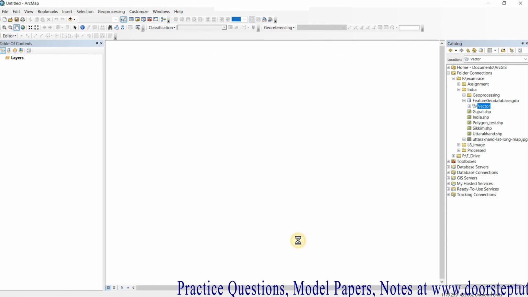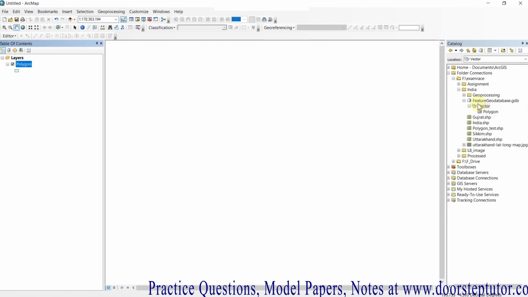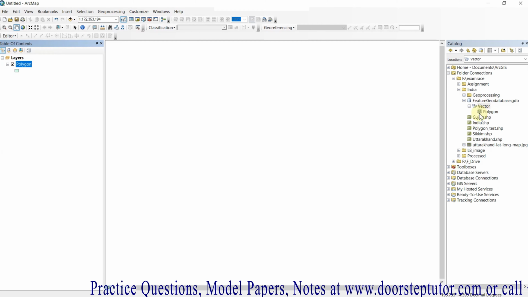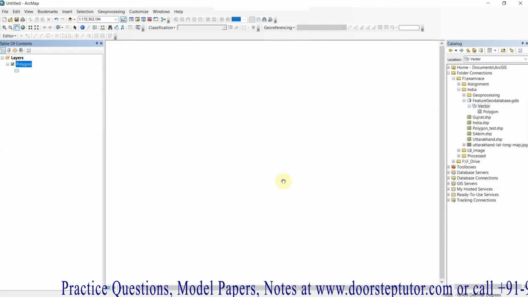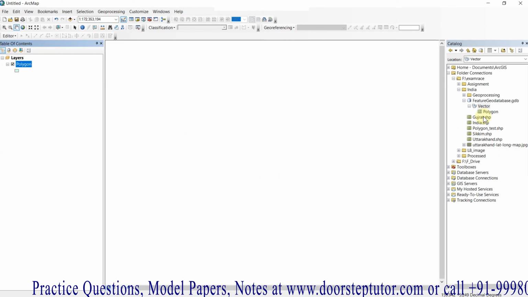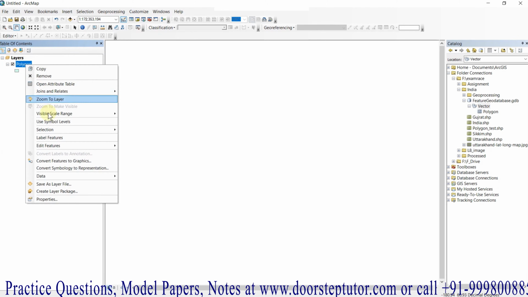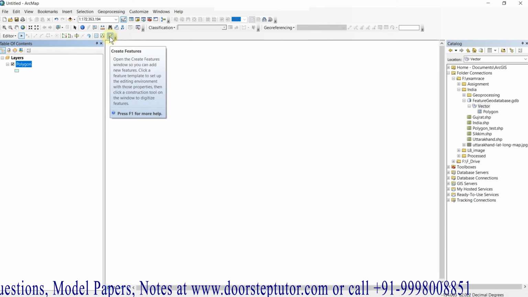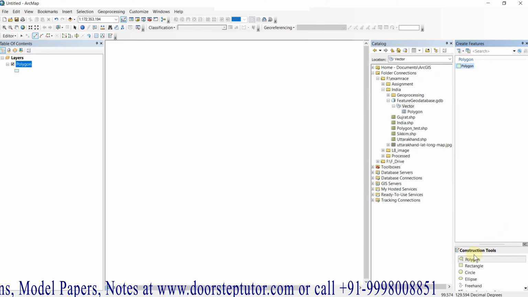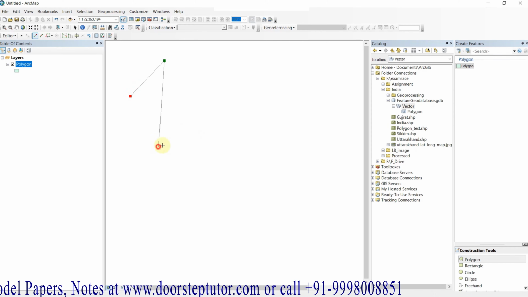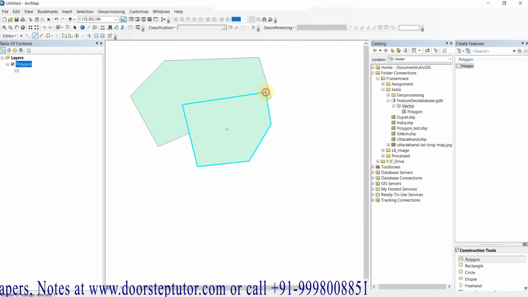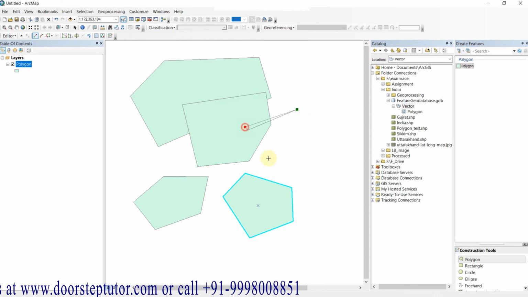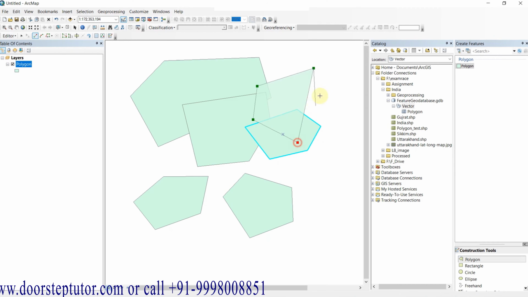Simply finish it. Here you can see within my geodatabase I have created a data set, and within the data set I have created a feature class. But the feature class is empty because I have done nothing within it. So for that I am simply going to Editor, Start Editing, and by going to the Create Features option, I am going to create some polygons here. Selecting the polygon, I am creating it roughly. You will do it as per your study with reference to a base map or any satellite images.